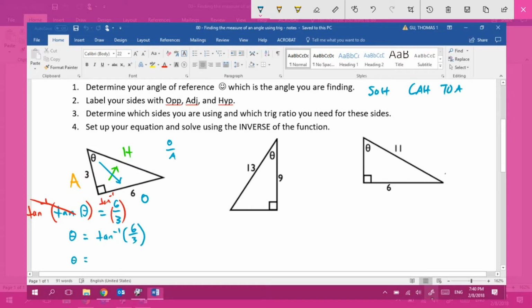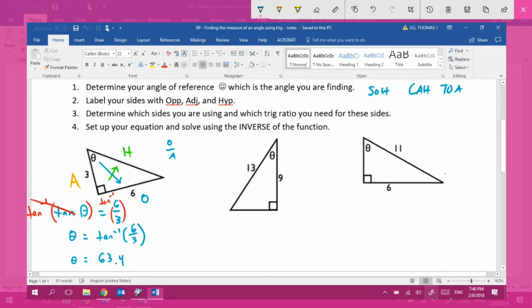You're going to go into the trusty calculator, turn it on, and make sure it's in degrees. Then go to the trig function, select the inverse of tangent, type in 6 divided by 3, and press enter. That's going to give you a number, and you're going to round. I'm going to round to the tenth spot, so I'm going to put